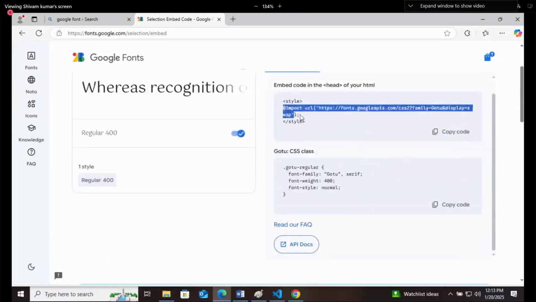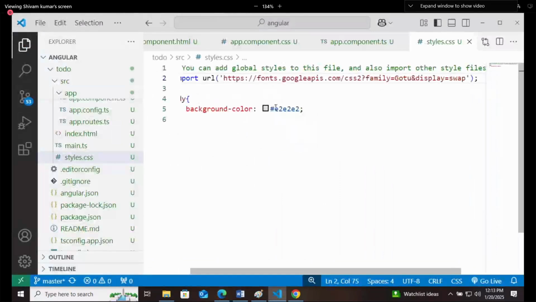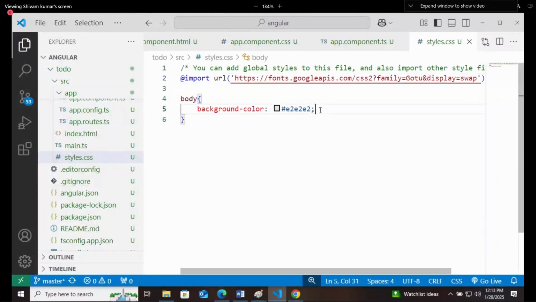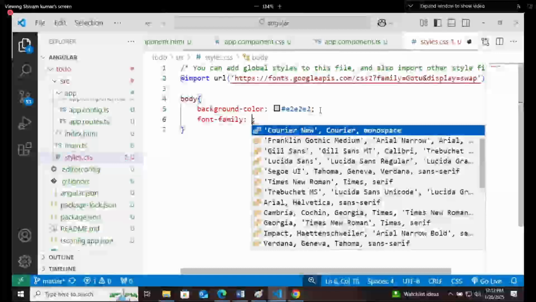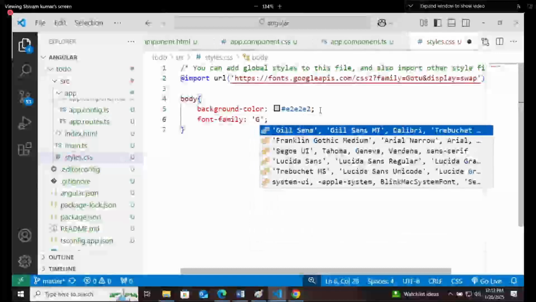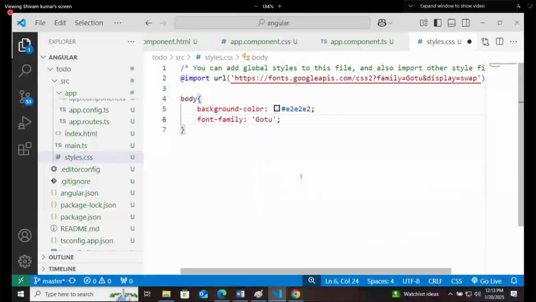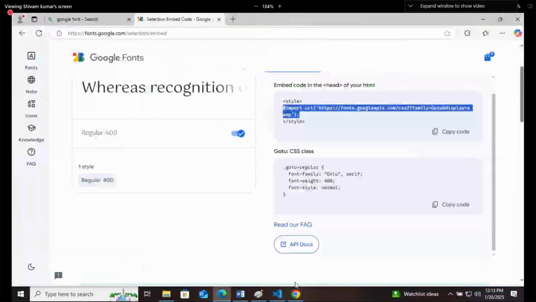This is the import for it. I'll copy it, paste, and to the body I will give font family of go-to, and go-to comes under serif.